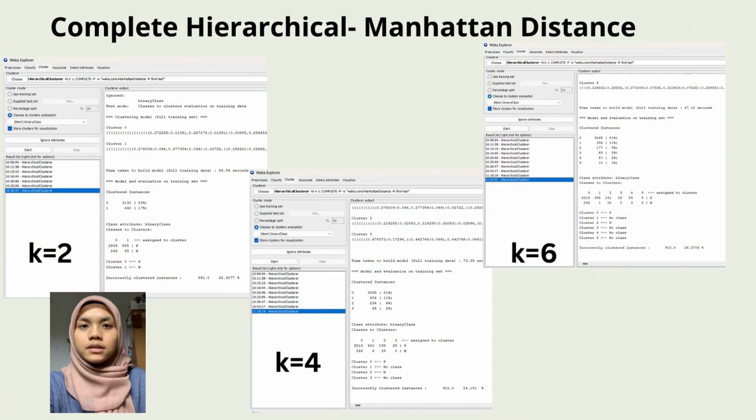Using Manhattan distance, for K2, cluster 0 had 3,130 instances, predominantly class P, and cluster 1 had 640 instances, mainly class N, with an error rate of 22.31% over 86.54 seconds. For K4, cluster 0 again had most class P instances, while cluster 2 had most class N, resulting